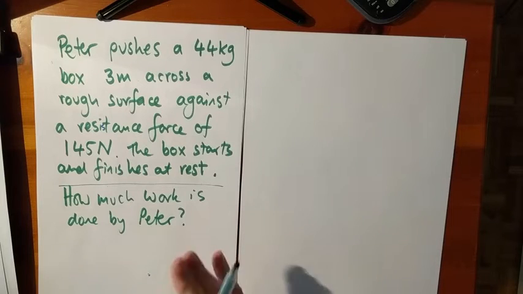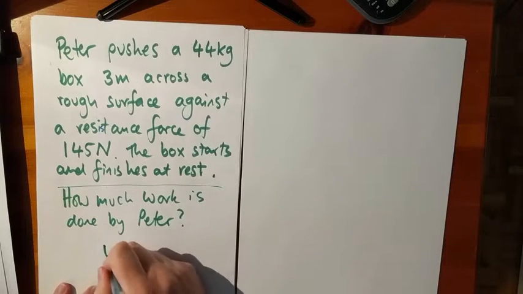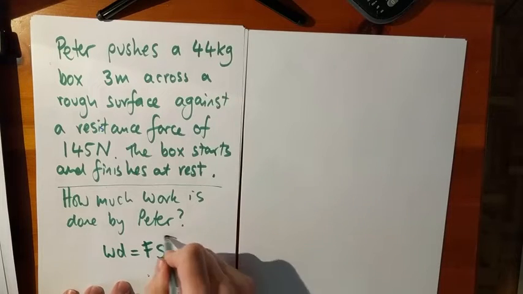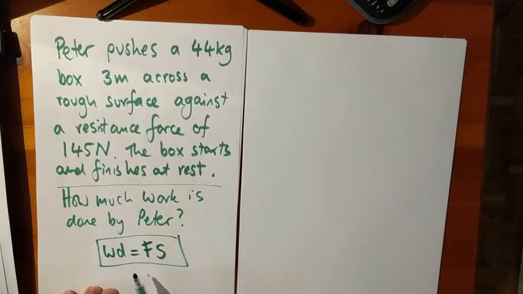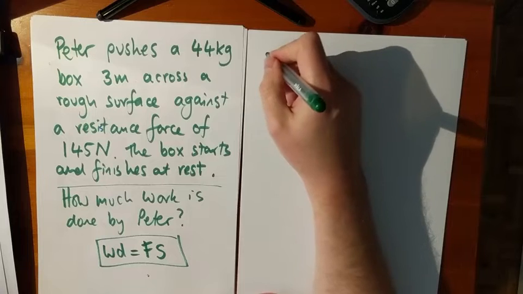So Peter pushes against the resistance force, and we want to work out how much work is done by Peter. And like I said before, work done is always the force multiplied by the displacement. So in this case, we need to try and work out the size of the force and the displacement that Peter had to push this box over the course of 3 meters. So we have the energy at the start. So at the start,